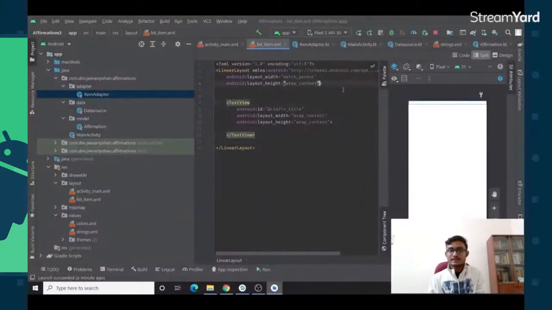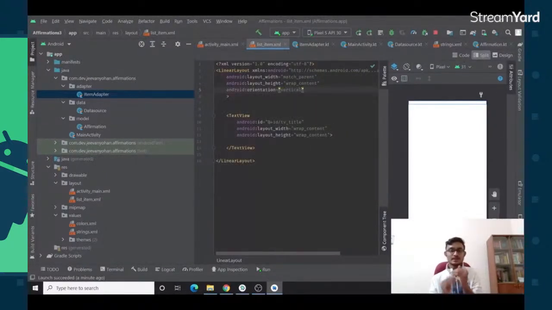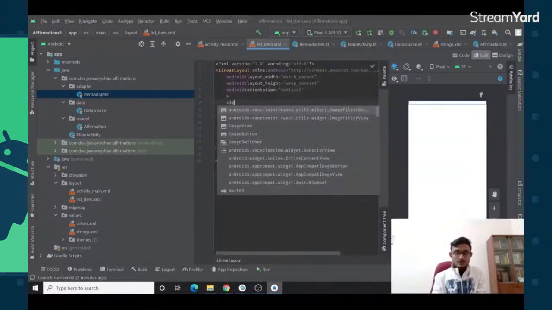So for that, inside the linear layout, I'm going to give something called orientation. So that is an attribute called orientation. I'm giving it as vertical because we need the text below the image. So if you needed the text right to the image, you should give horizontal. Okay, and now we are going to add an image view here